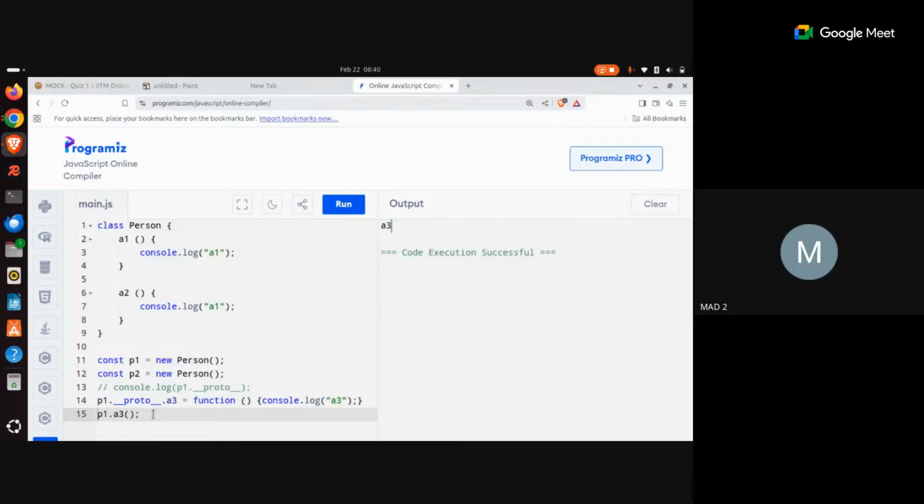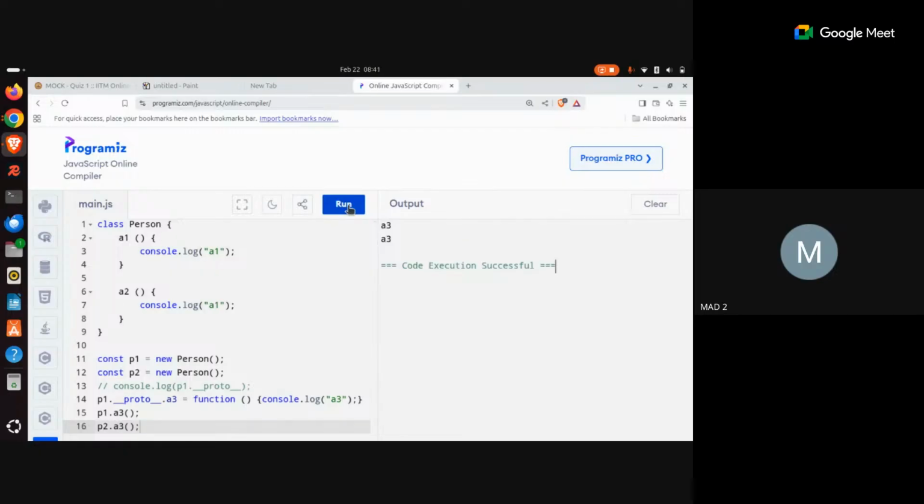So this is something that we have discussed so far. Now, let's try to access the A3 property with the help of the P2 object. So why is P2.A3 also running A3? Sorry, I didn't get it. Why is P2.A3 also running A3? How is the P1.prototype getting